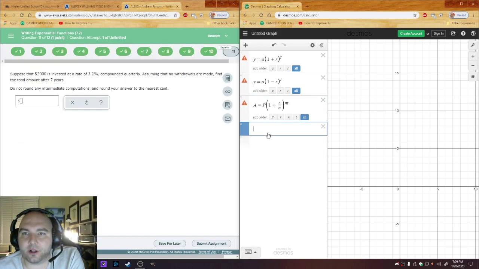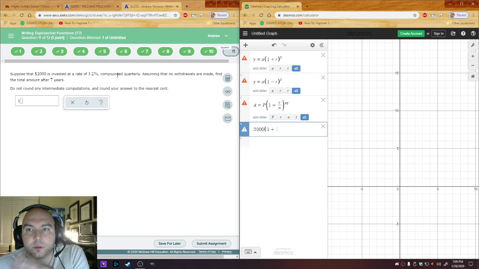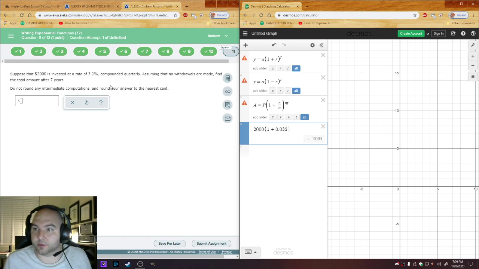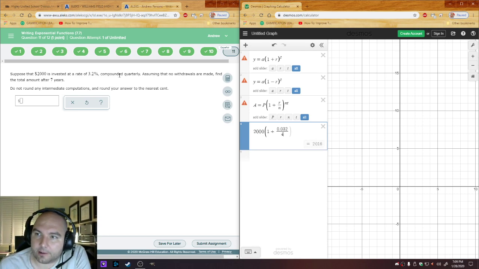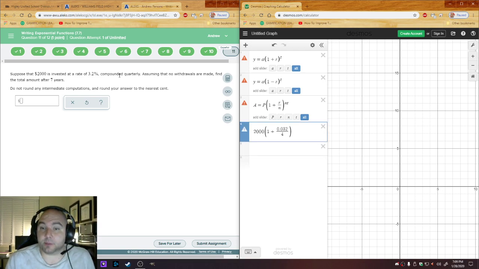Suppose $2,000 is invested. So we're going to start with 2,000. I'm plugging in this because I know it's going to be compounded. It says compounded quarterly. So 2,000 times 1 plus 3.2%. So 0.032. That's what 3.2% is. Compounded quarterly. So that means 4 times per year. So over 4. And if it's being compounded 4 times a year, in the exponent I have to put 4